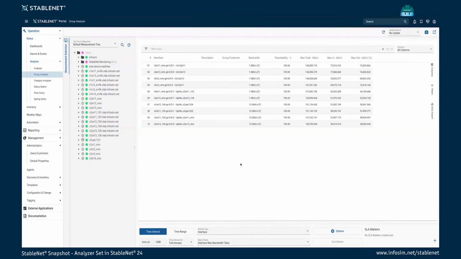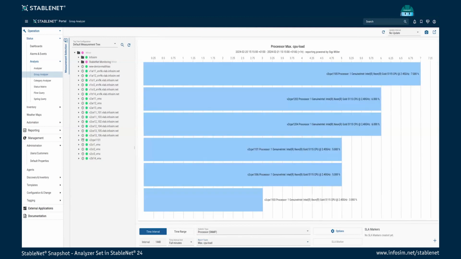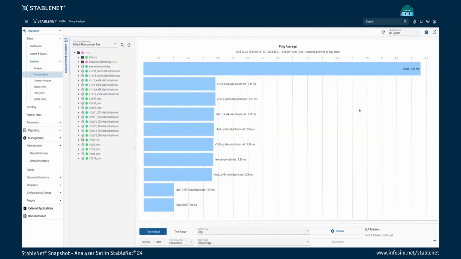All right, let's look at a few more examples. For example, let's say we want to look at processors with, let's say, the max CPU load. We can plot this, and now the processors all with the highest CPU load are being displayed. Or maybe change this to ping, as we had it in the example before. We have a ping average, and as we can see, the ROGAT has 9.3 milliseconds, which is the highest ping